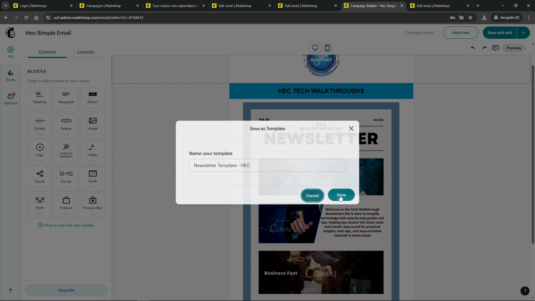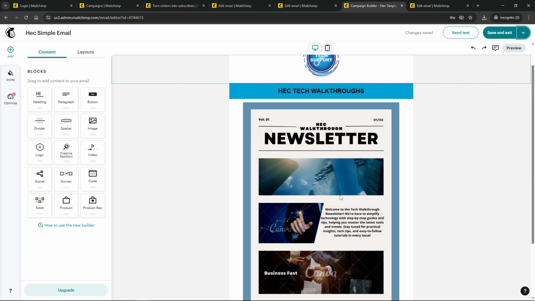In just a few steps, you've transformed your email design into a reusable asset, streamlining your future marketing efforts and ensuring brand consistency. Explore these templates when you next have an email to send and watch as they become an integral part of how you